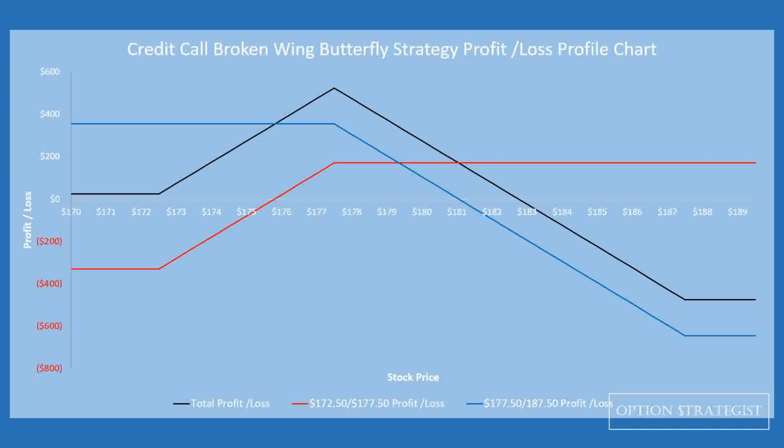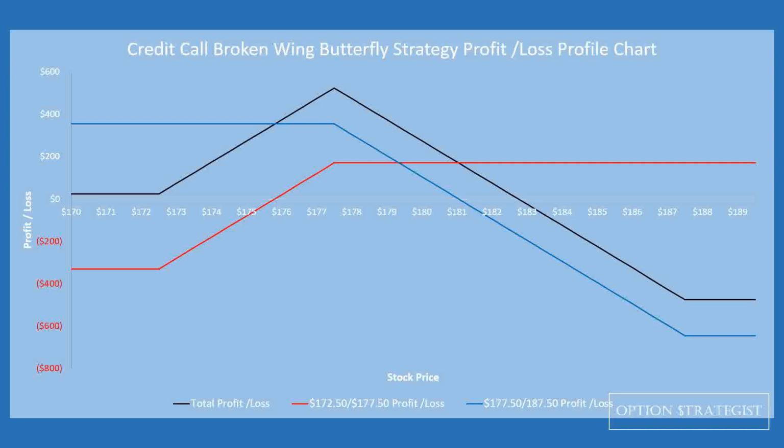$175.80 and suffer maximum loss of $330 when the stock price goes below $172.50 and achieve maximum profit when the stock price goes above $177.50. Meanwhile, the $177.50 and $187.50 credit call spread collect $354 premium and be able to keep the premium if the stock price stay below $177.50. Then the profit start to decrease, break even at $181.04 and suffer maximum loss of $646 at stock price above